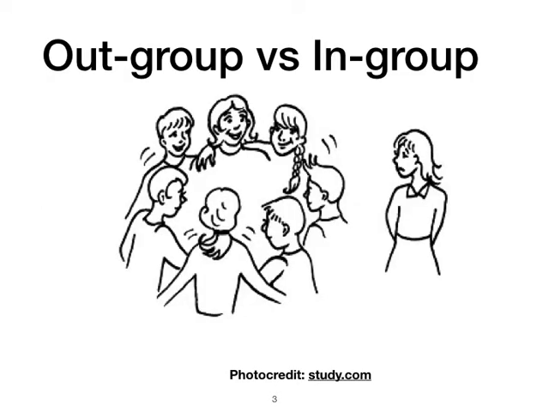So you can see in the image that it clearly defines the out-group versus in-group. It's just to give you an example of how things look when people are together and someone is excluded. Individual groups, when people gather, they just exclude the others. This is what we call the out-group versus in-group. This was just to give you an example of how similar minds come together and they exclude others who are different from them. So this is the purpose of our session in intercultural communication, to understand the concept of